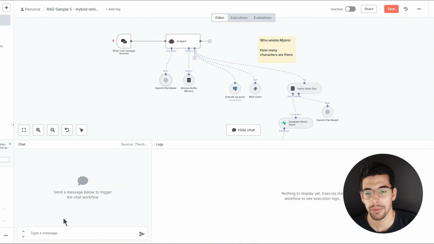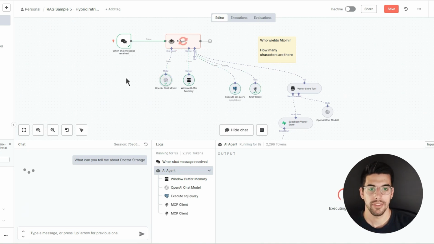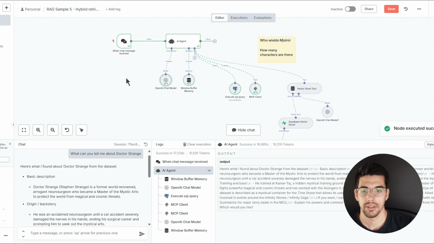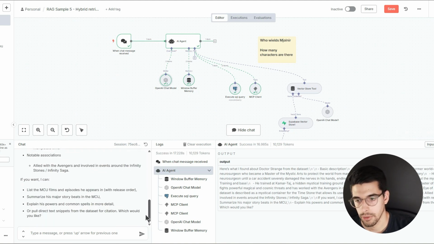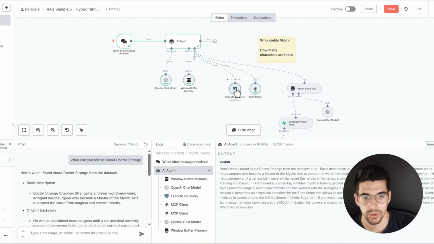Okay, so I updated the prompting a little bit and basically just said, don't just use the SQL query tool, and let's see what it does now. You want to give it the guidelines on what tools to use in what situations so that it can have some sense of autonomy and adapting to the situation, but also is not going to just default to whatever it feels most comfortable with. And now we have a better response because it searched the SQL database, but